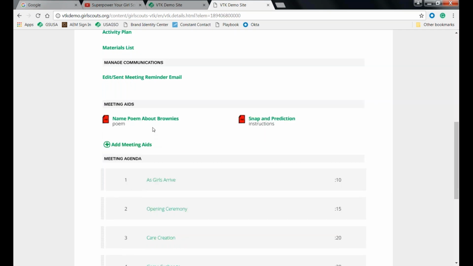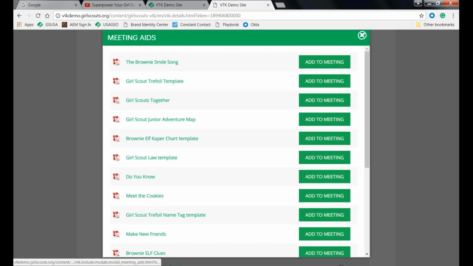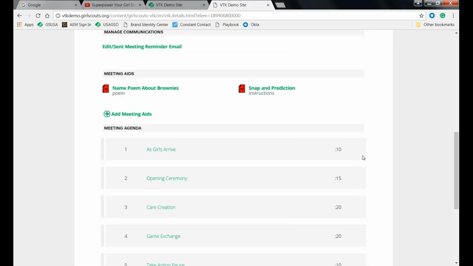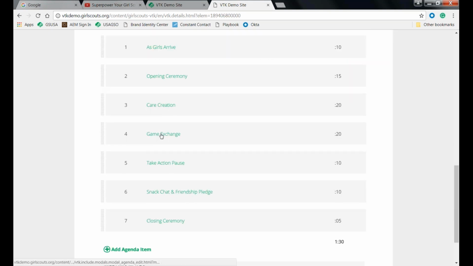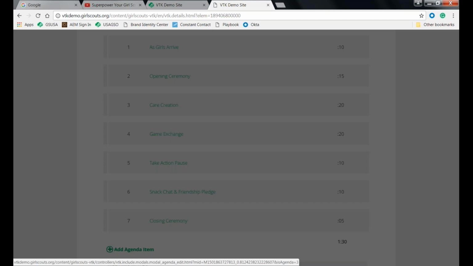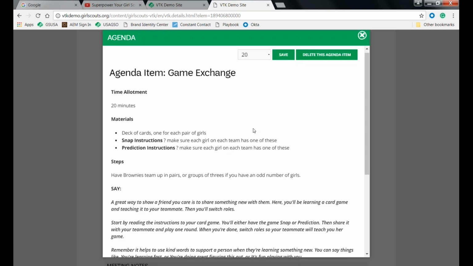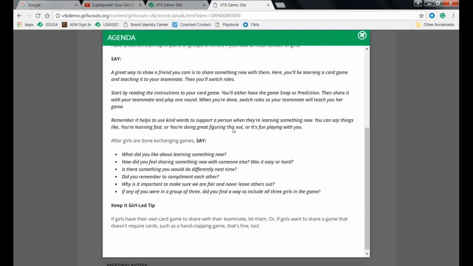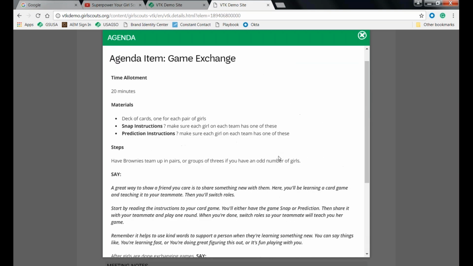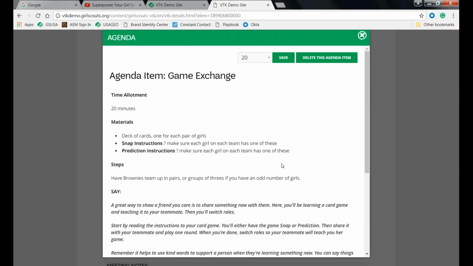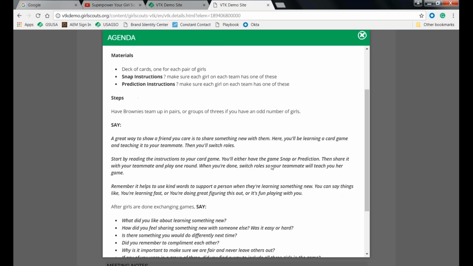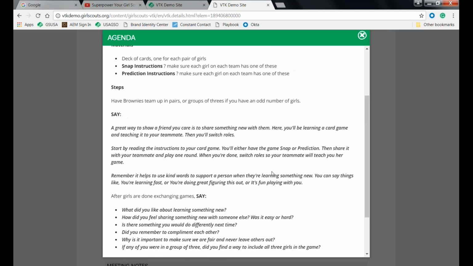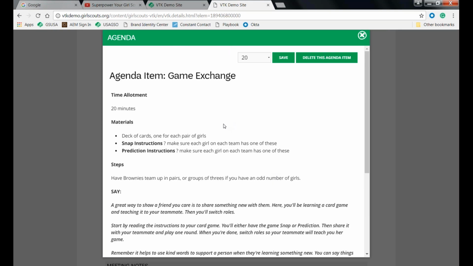You can add meeting aids. So you see all of the selection, all of the information that you can add to the meeting. In the agenda, it breaks it down by activity, and it also gives you a bit of a script to say for each of the activities. So if you're a new troop leader, this really comes in handy if you're just trying to figure out what Girl Scouts really is, and now you have this handy script to be able to say,